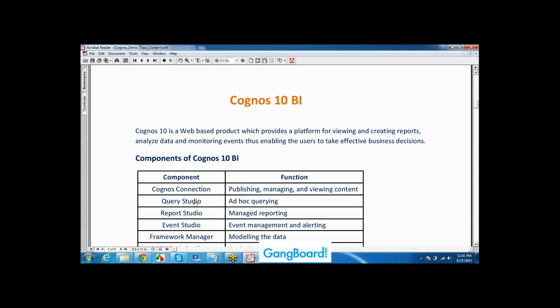Okay, let's move on to Cognos BI now. Cognos is the latest version of the IBM, I mean Cognos 10 BI, 10.2 BI. Earlier they had other versions? Yes, when I started my career, I saw 7.3, 7.4, 8.1, 8.3, 8.4, 10.1, 10.1.1, 10.2, 10.2.2. So the current version of Cognos is 10.2.2.